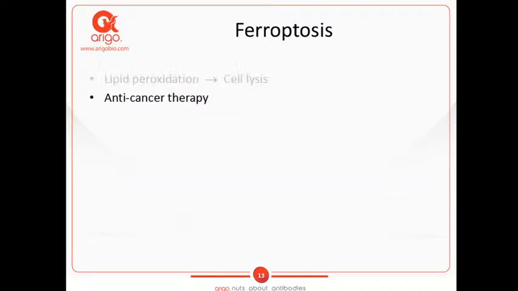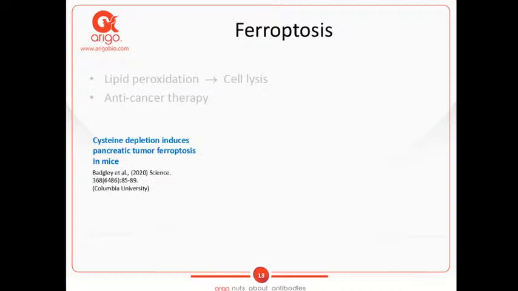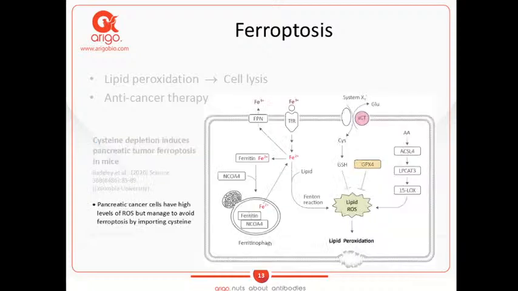The next question is whether ferroptosis has anti-cancer possibility. The answer is yes. In a report in Science Journal this year, a group at Columbia University reported that cysteine depletion induced pancreatic tumor ferroptosis. Pancreatic cancer cells have a high level of ROS, but the tumor cell does not die because the tumor cell managed to avoid ferroptosis by